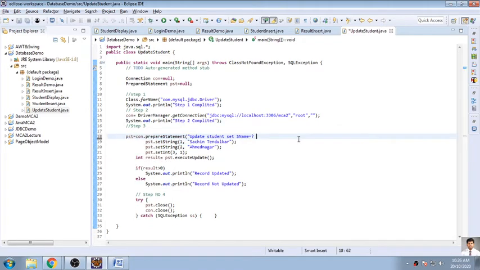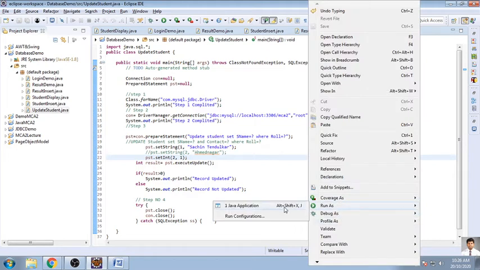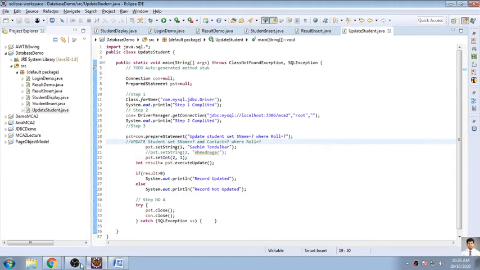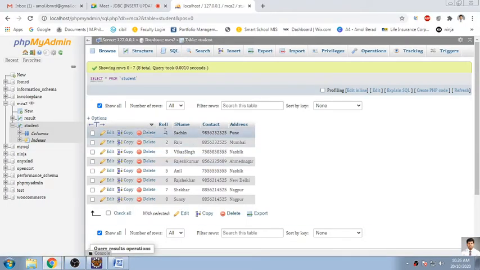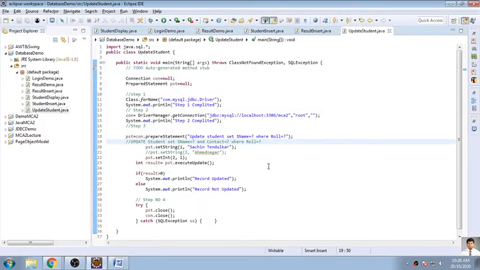Let it be. At least at this stage we are clear. I will clear this issue in tomorrow's session. No issue. So we will clear it tomorrow. Till then, we will continue with the operation of updating only the name. It is completed. We are changing the name from Sachin to Sachin Tendulkar. That will be replicated when we update this table. So this is nothing but your updating query.